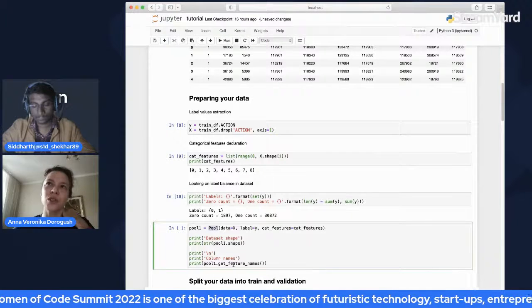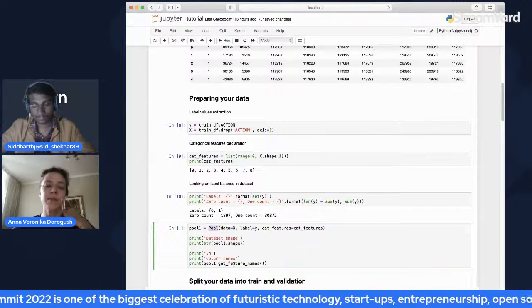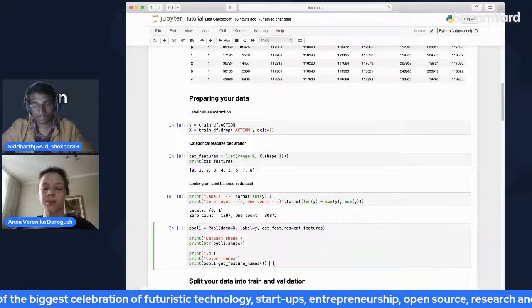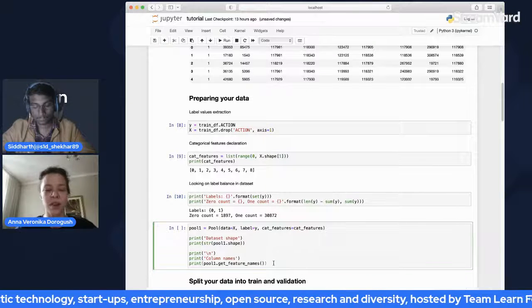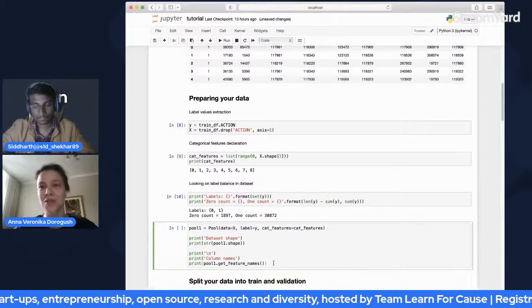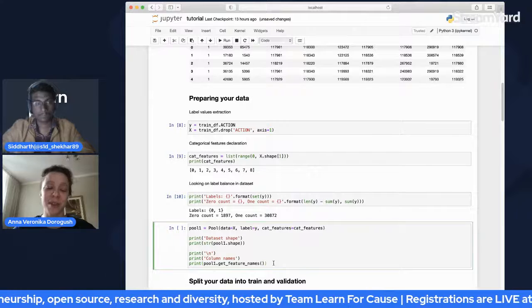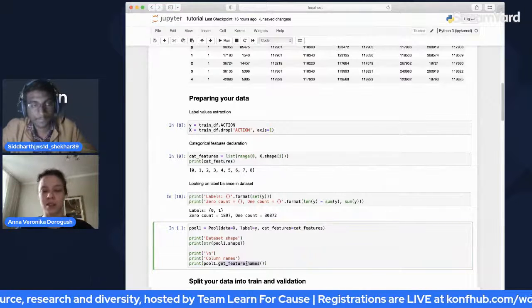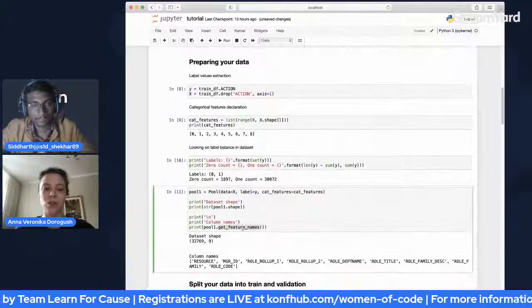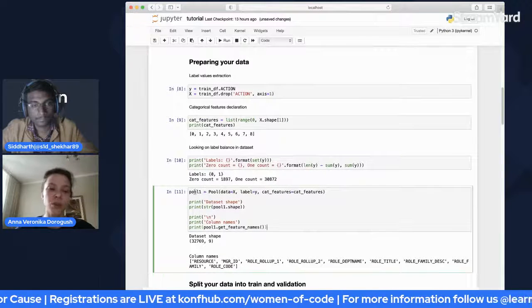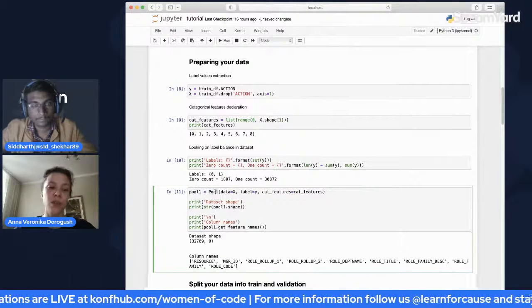It's also efficient in terms of speed, but that's probably not a detail you have to know when you are using a library for the first time. So basically, it has a lot of syntactic sugar. For example, you have the function get feature names here. So one option to work with a dataset is to create a pool object.